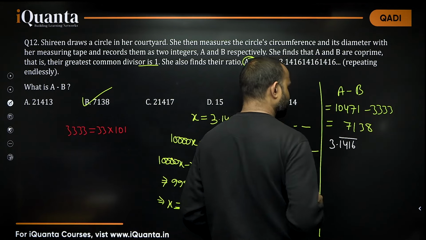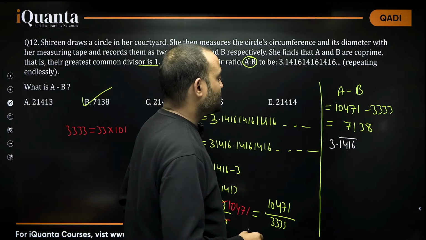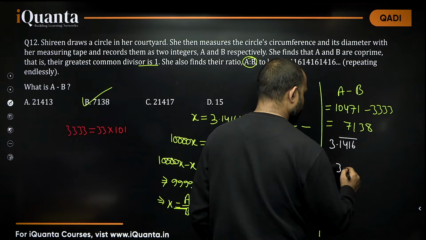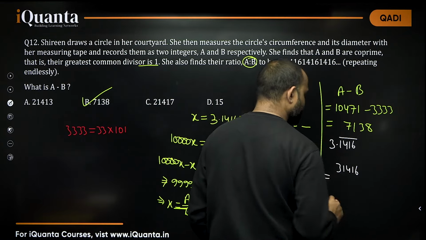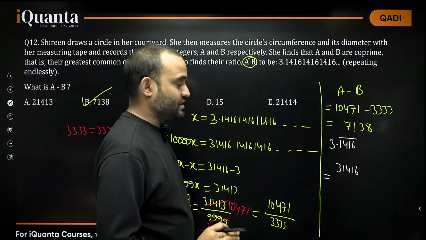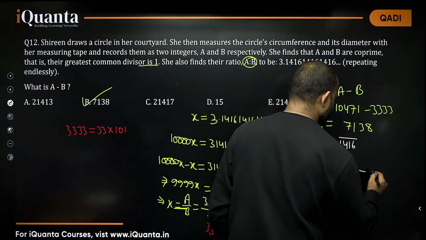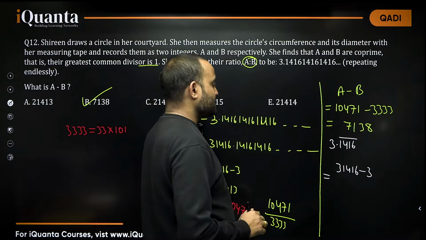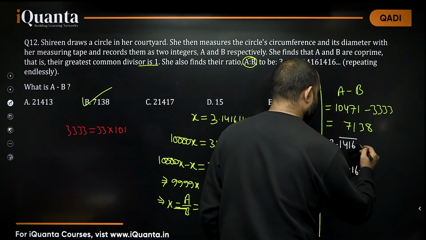3.1416 with a bar. This bar means this is being repeated. So write down all the numbers 31416 uniquely, once only, and then subtract the number which is not being repeated. 3 is not being repeated, right? So, and after that, see, this you can write